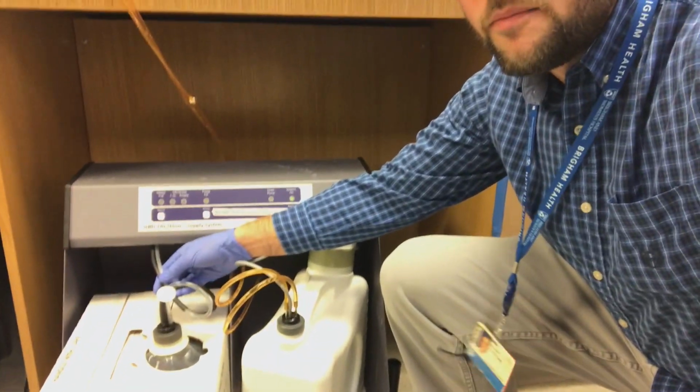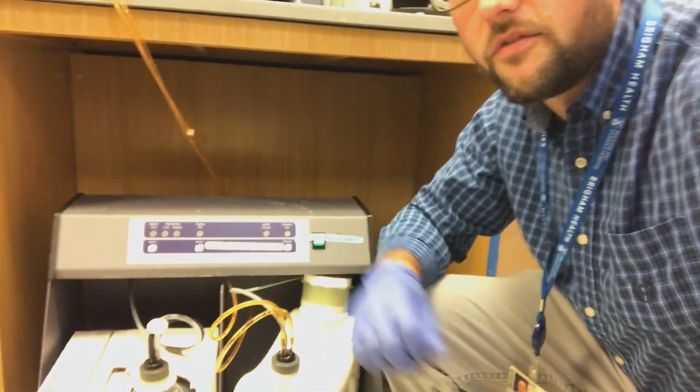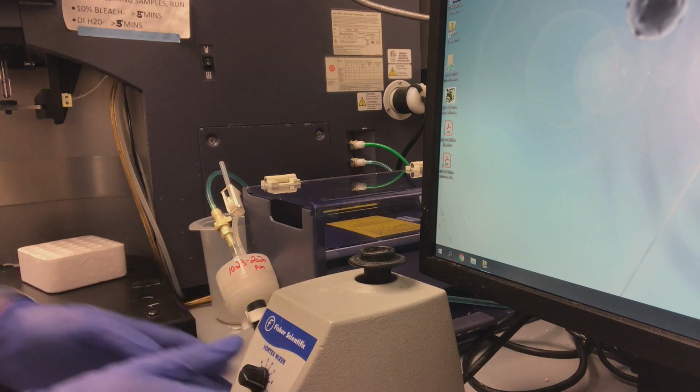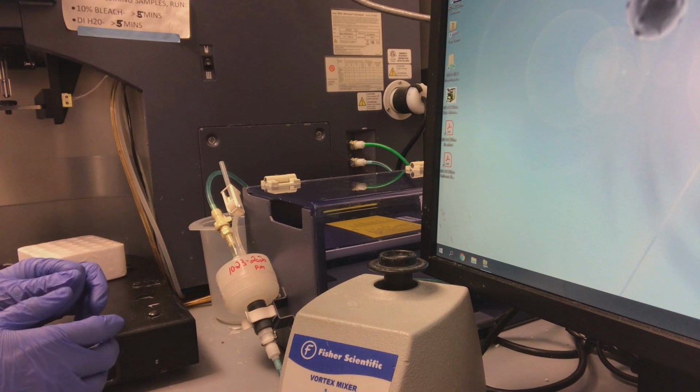Now there is no need to purge air out of the lines for the sheath tank or the waste tank. Of course not the waste tank, but for the sheath tank, like we have done on the Canto 2. This is because our lines that go into the wet cart do not come apart, do not come detached from the wet cart itself. Similar to the Canto 2, but since we only have one tank that's going into the cytometer itself,